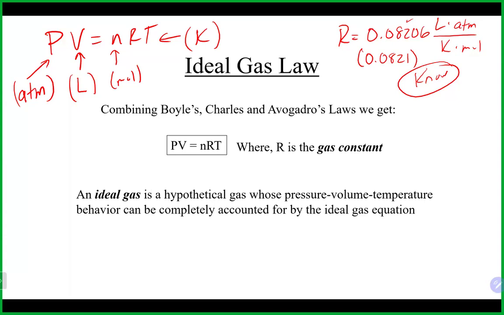When you go to 1A, gases will not behave ideally. They're known as non-ideal gases, or sometimes real gases. Real gas behavior usually happens at really high pressures and very small volumes. At very high pressures and very small volumes, you actually do have to take into account the volume of the gas itself, and also how it's interacting with other gas molecules. What that ends up doing is turning the ideal gas law into a very scary looking equation known as the van der Waals equation, with a lot of extra letters in it. But in here, everything will be an ideal gas. When you do go to 1A, you will talk about real gases or non-ideal gases.